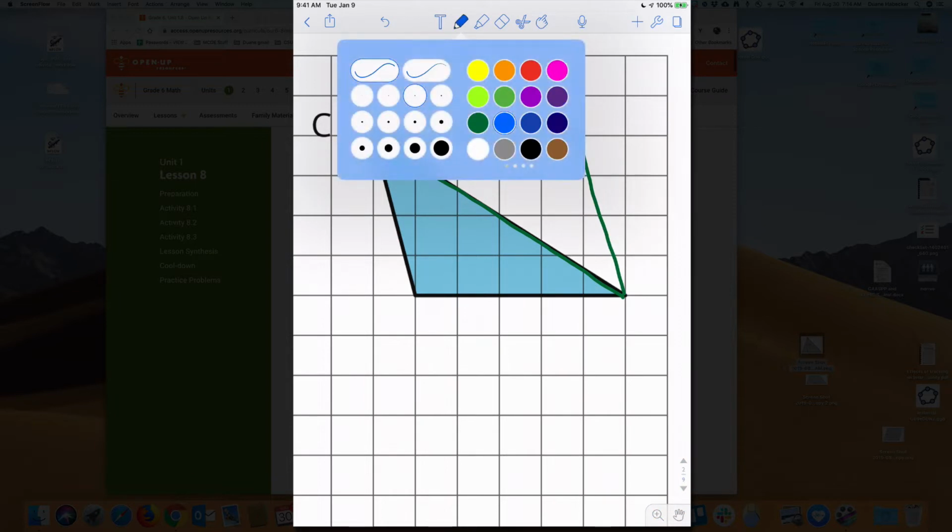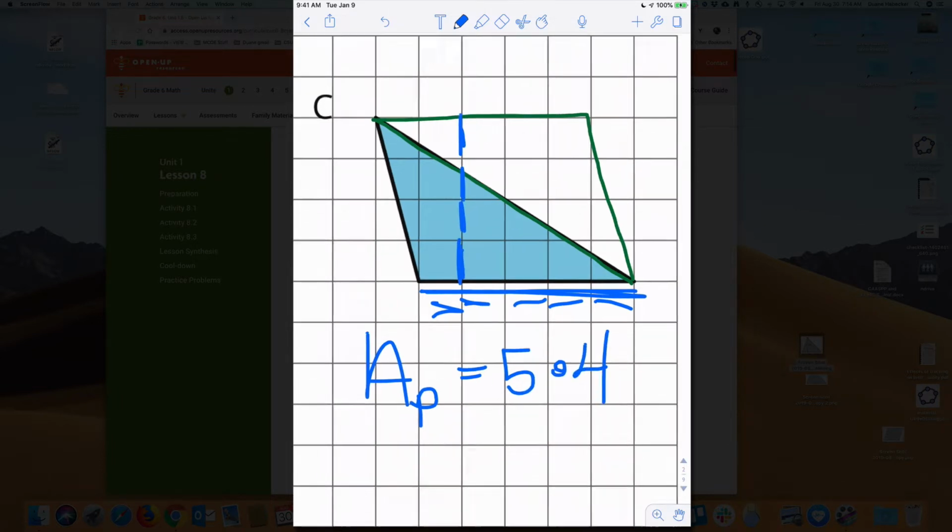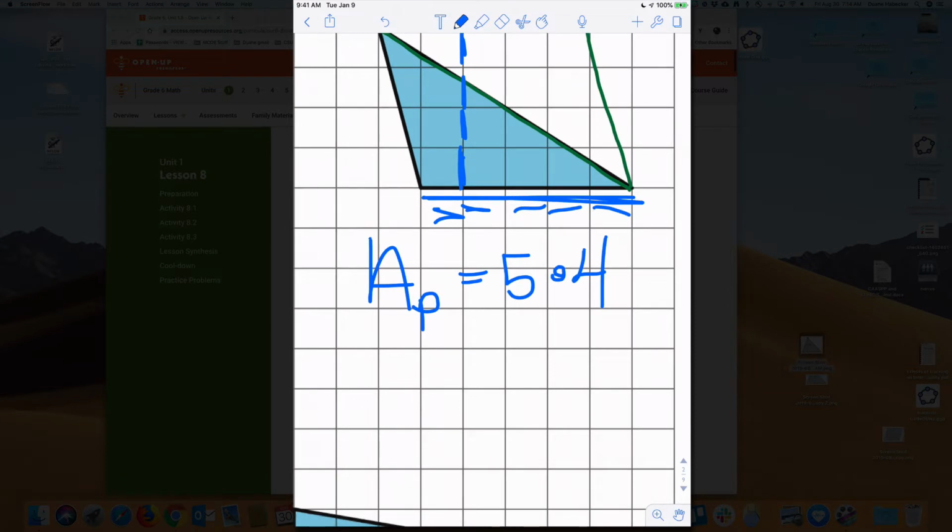And so our base of this new parallelogram is 1, 2, 3, 4, 5. So the area of the parallelogram is 5 units by, and I don't know what the height is. Let's count it. 1, 2, 3, 4. So it's 5 by 4 is our parallelogram, which is 20 square units. So the area of the triangle is going to be 20 divided by 2, which is 10